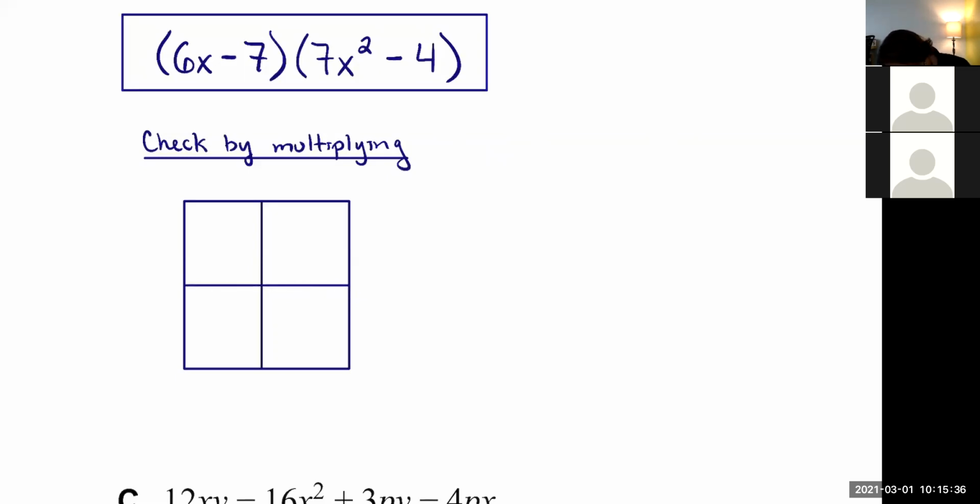So I'm going to write the binomial 6x minus 7 down the left-hand side here to identify my rows. Then I'm going to take the 7x squared minus 4 and use those to name my columns. And then one by one, just like I had you do last Thursday, we're going to fill in each of these squares by multiplying whichever row we're in by whichever column we're in. So the top left corner, 6x times 7x squared gives me